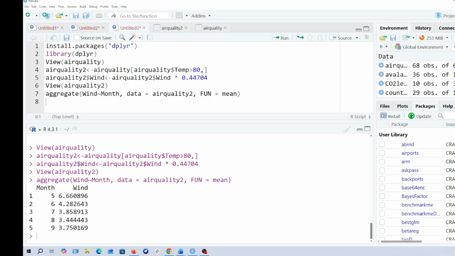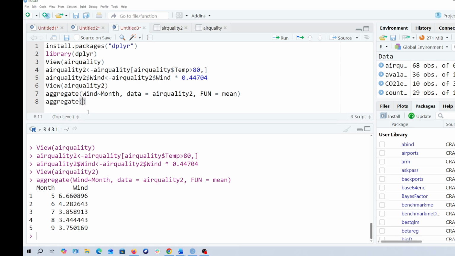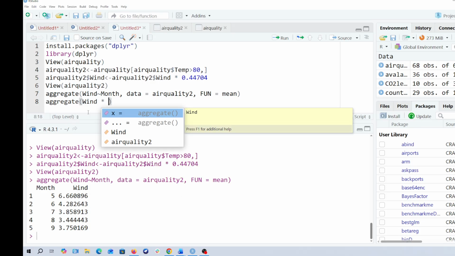This is a little bit longer if we want to go through that method. Remember, instead of getting this subset, we can do something different. We can just use a base way. We can use the aggregate function. We do wind, we multiply it by